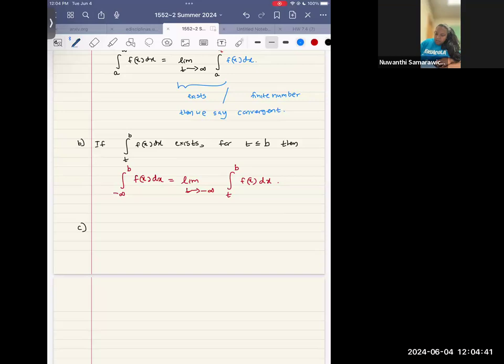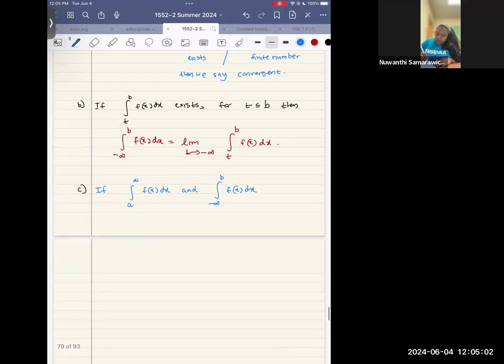C is, if both improper integrals, that is, the integral from a to infinity of f(x) dx and the integral with lower limit negative infinity to b of f(x) dx, are convergent. That is, when you find the integral, if we get a finite number, then we can find the integral from negative infinity to infinity